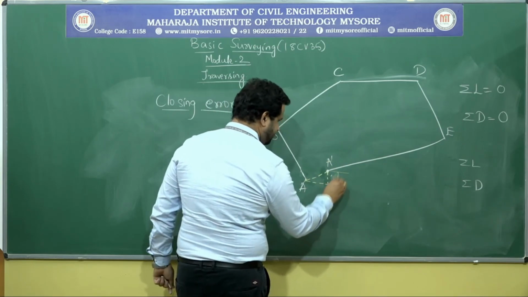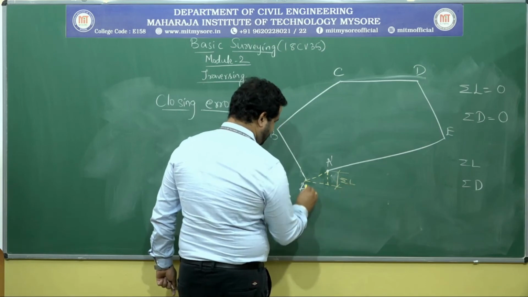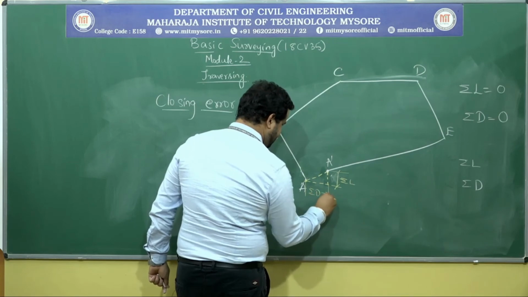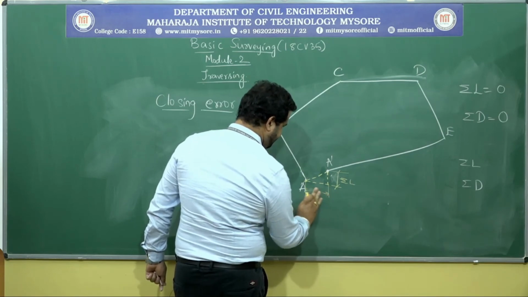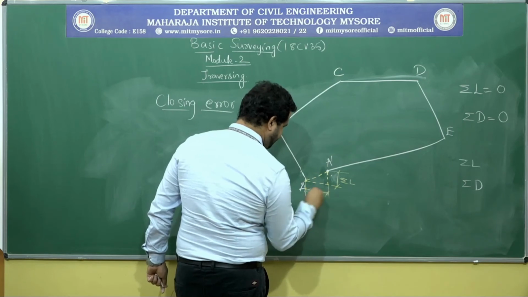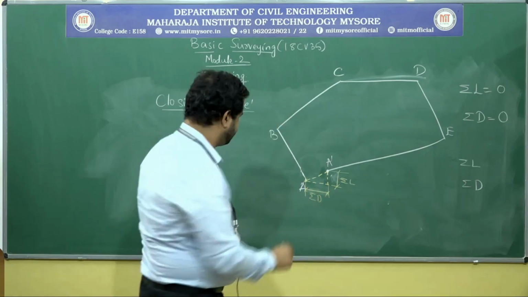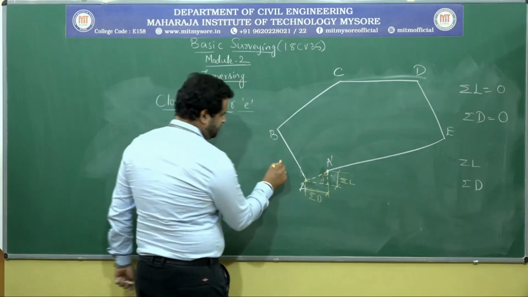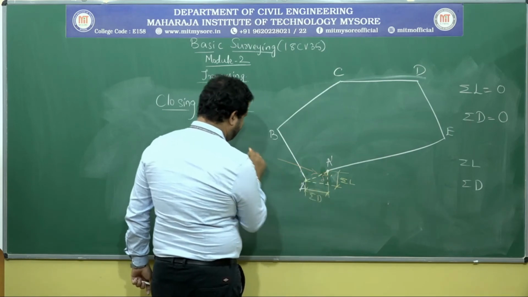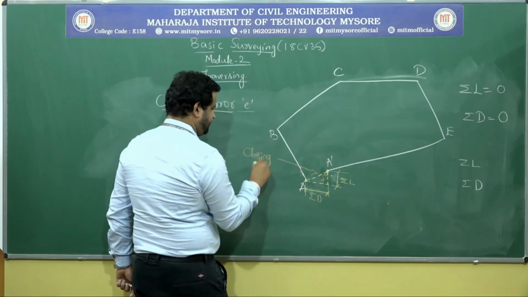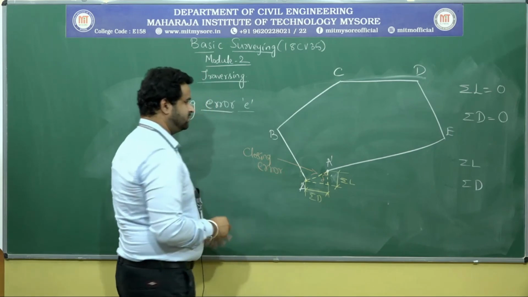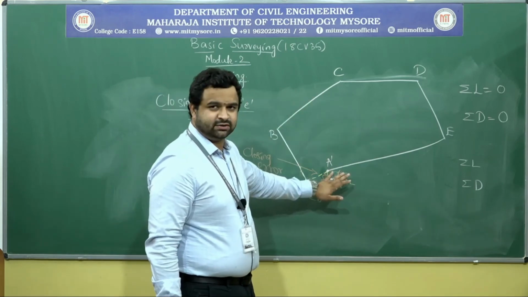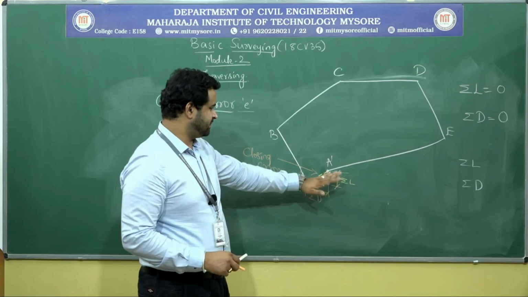This will be your sigma L and this will be your sigma D. This will be the angle delta. This part is nothing but the closing error. So, if you plot a traverse starting from A and you end up at some point A dash, okay, then